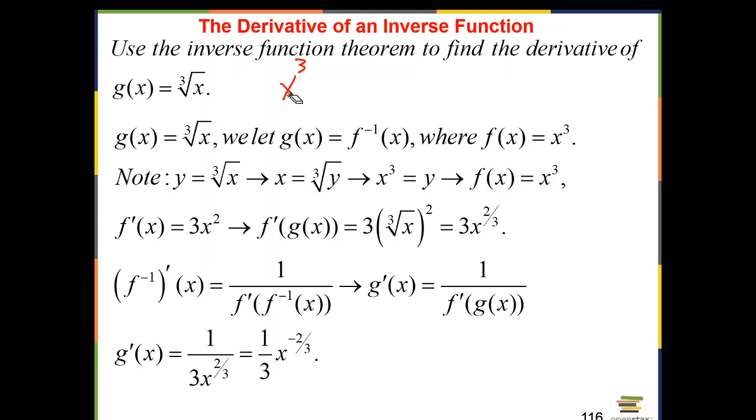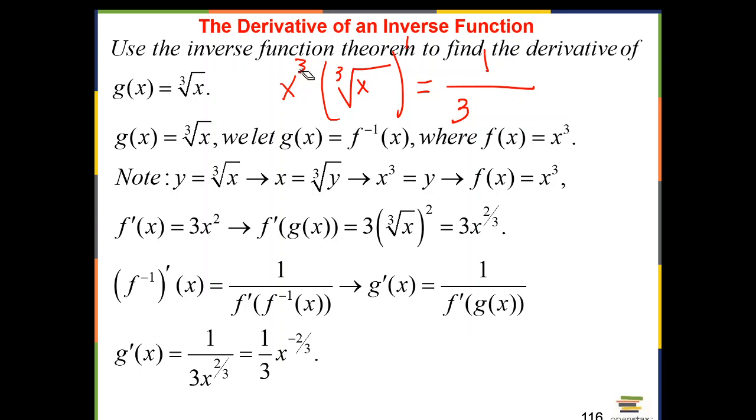So this is the function, this is the inverse, right? So this is f, this is the inverse of f, right? So g of x is the inverse of this. So now, again, as I said, the derivative, according to the inverse function theorem, is 1 over